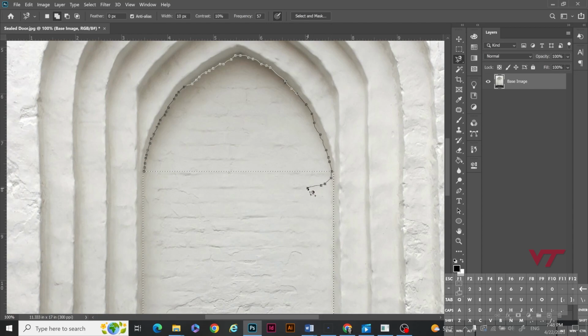And if I release the mouse button, it'll... Oh, I'm going to just complete the circle. That's okay. That's not so bad. My preferred method of